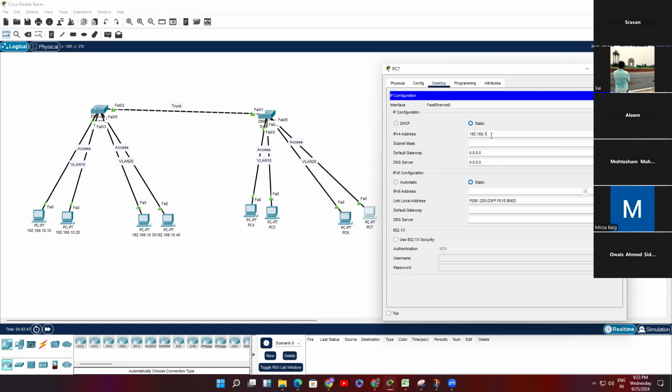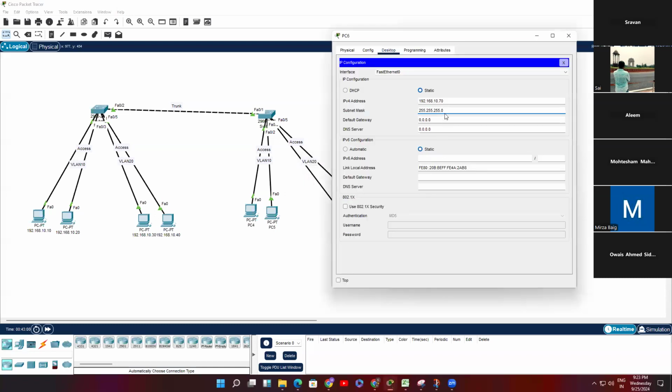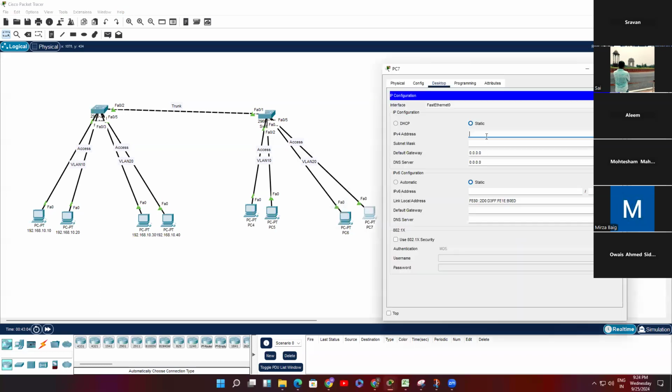192.168.10.60, I have just given. So here it's a different VLAN. That is the reason it is accepted. So if I give the same VLAN, meaning here I have configured... No, I haven't configured, right? So it's configured as 70. And if I give 70 here also,